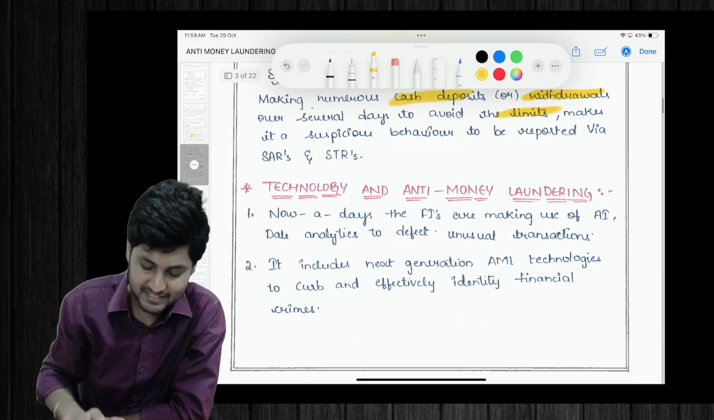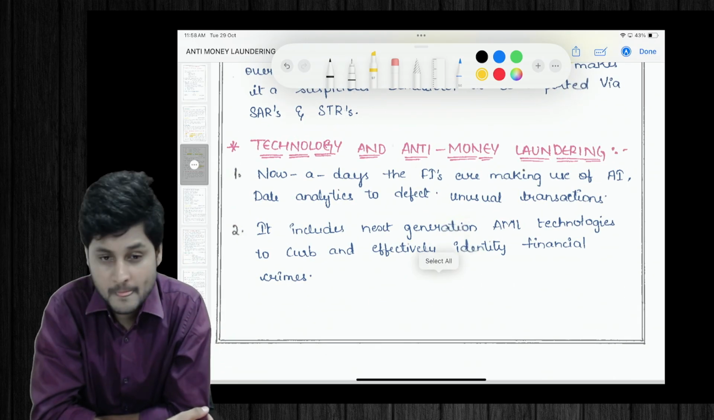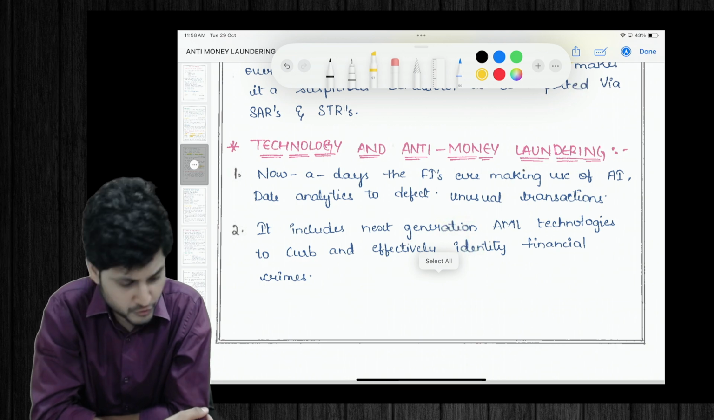So this is the next point. Please read technology and anti-money laundering. And there is a side heading. Please read the technology and anti-money laundering side heading. Nowadays, financial institutions are making use of